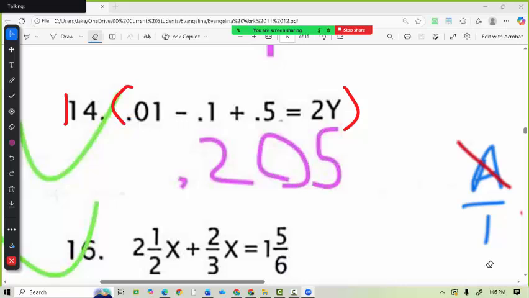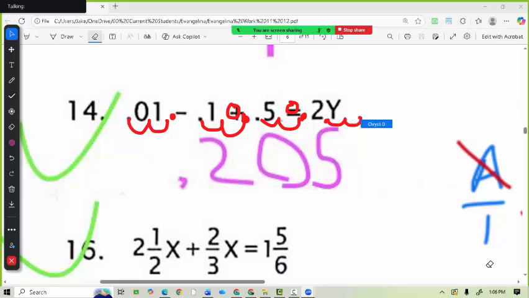And when we do that, it's just moving everybody's decimals over 2 places. So 1, 2, put a 0 in there. 1, 2, put a 0 in there. There's no decimal point there, but I can put it there. 1, 2, put the zeros in. Right now, everything got multiplied by 100. So we have 1 take away 10